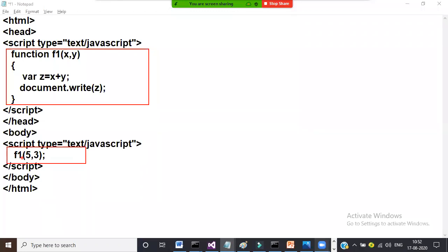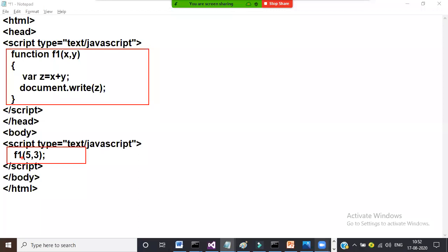No, you can write it, but in real time, we always write JavaScript code in a separate file, and we attach the JavaScript to your HTML. Are you following? That is the reason.